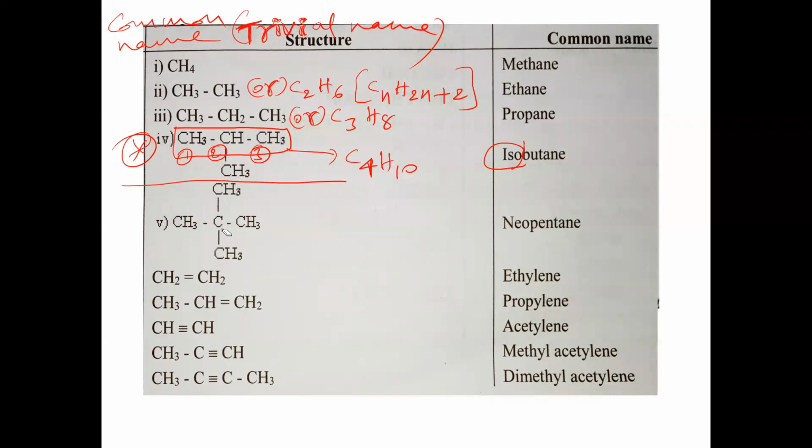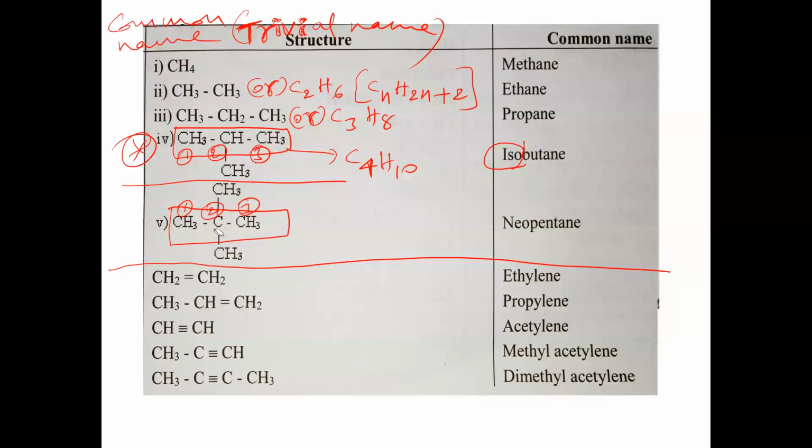Okay, next. Now we are discussing common names. And next example, check it. In this case here, see what is the carbon chain length? A 3 carbon chain is the parent chain here. In this parent chain, the 3 carbon atoms should be given numbering: 1, 2, 3. First we have to select the longest chain and then give numbering. Now on the second carbon, how many methyl branches are there? 2. So methyl and methyl. So here 2,2 dimethyl propane.